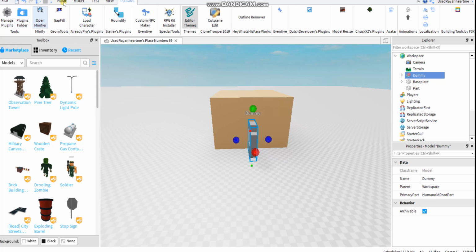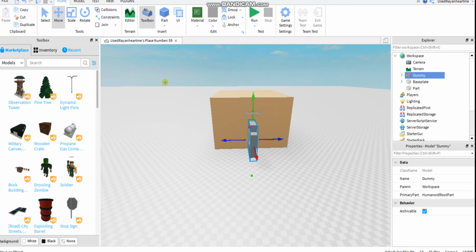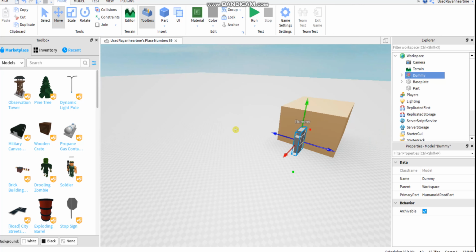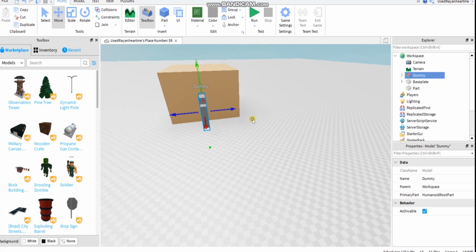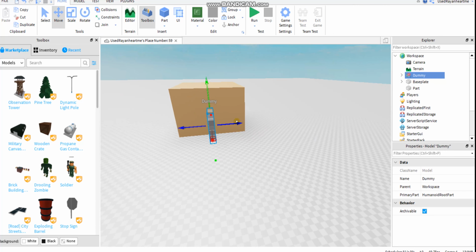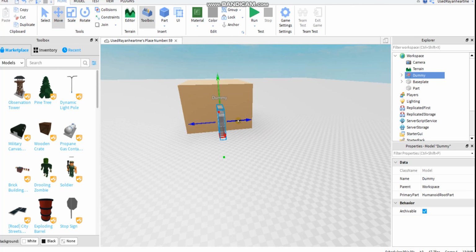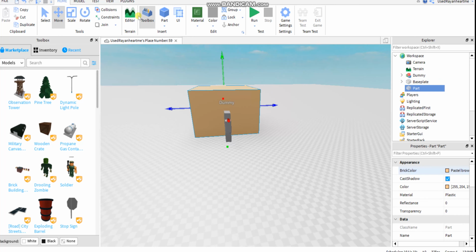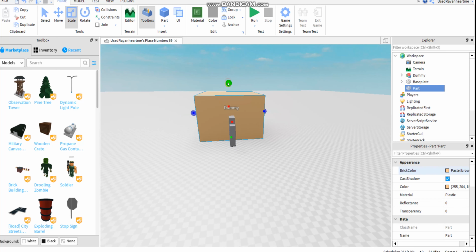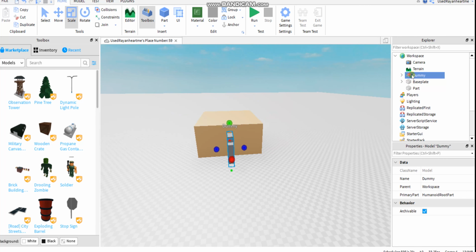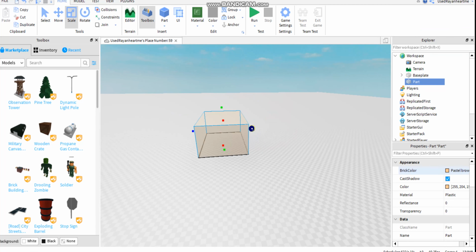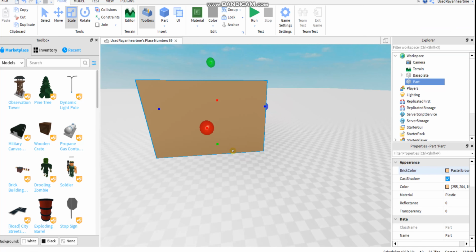So now, okay, then we'll go to home, then select the move option, then we'll try to let's rescan it a bit. That's good. And I'm going to do like that.